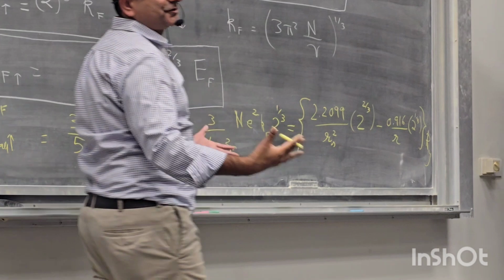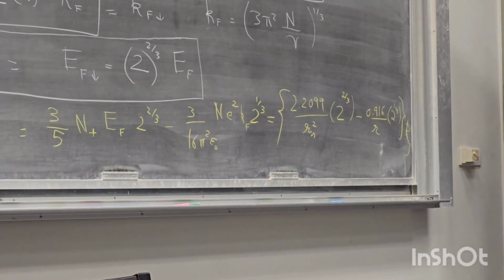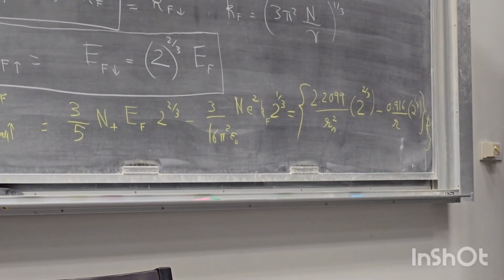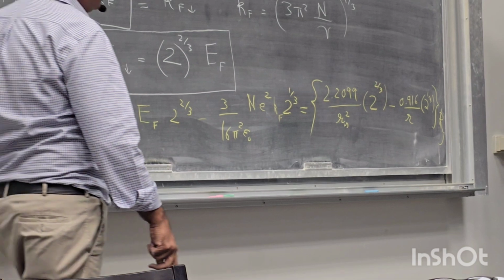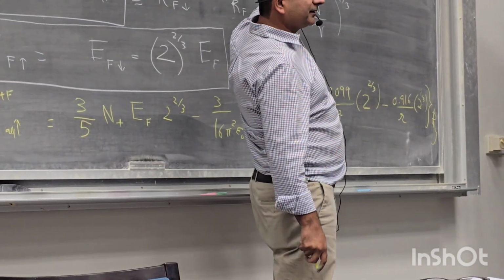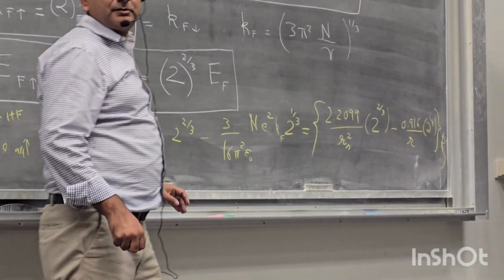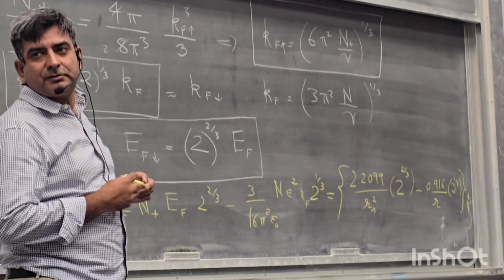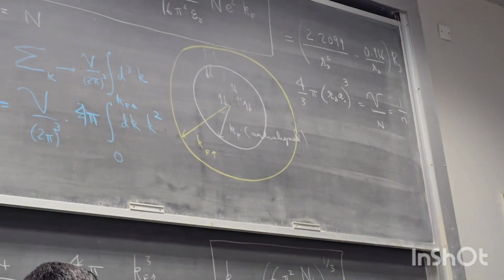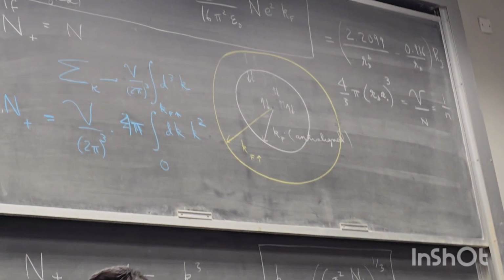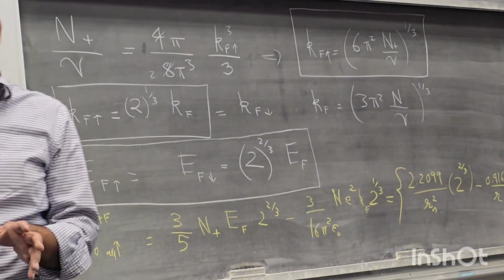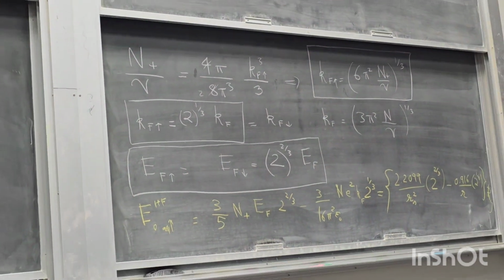Right? So this is the new energy. When will this energy be lower? When this energy is smaller than that energy. Right? So lowering is preferred, which means ferromagnetism is preferred, and spins would rather like to,